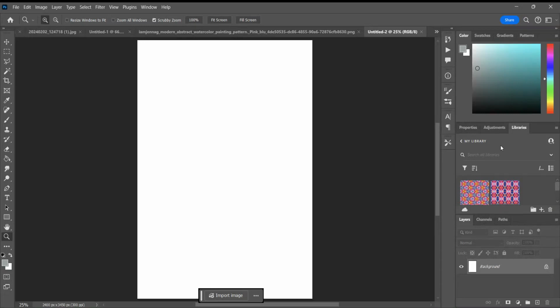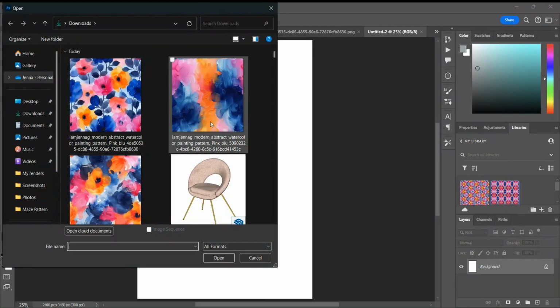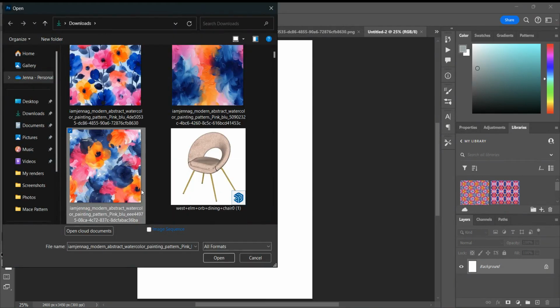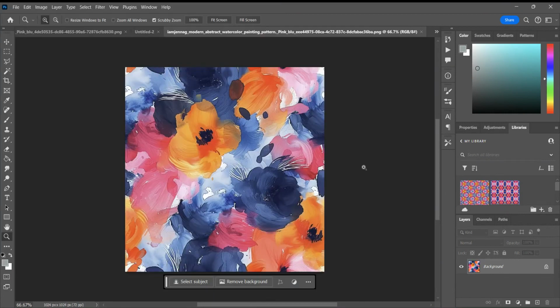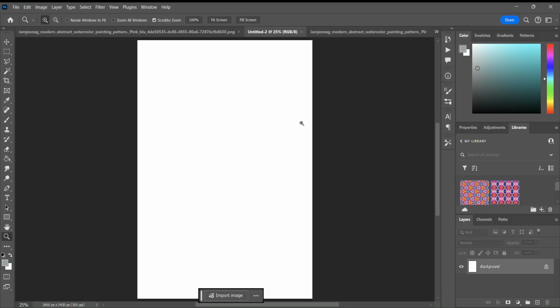Okay, designers, check this out. This is so cool. So I'm going to open basically a pattern that I created in Midjourney for this. There's a few different versions, so I'm going to grab this one today. I'm going to grab this, and what I've done is I created a canvas that's printable size, so that